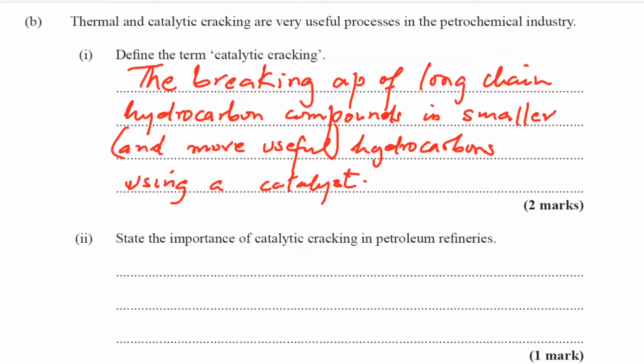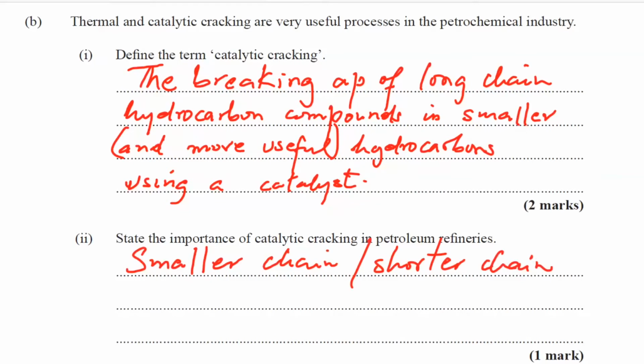And the importance of catalytic cracking in the petroleum refineries in part 2 here is that the smaller or the shorter chain hydrocarbon compounds are more useful. So we'll just state that smaller products or smaller chain or shorter chain hydrocarbon are more useful. So they